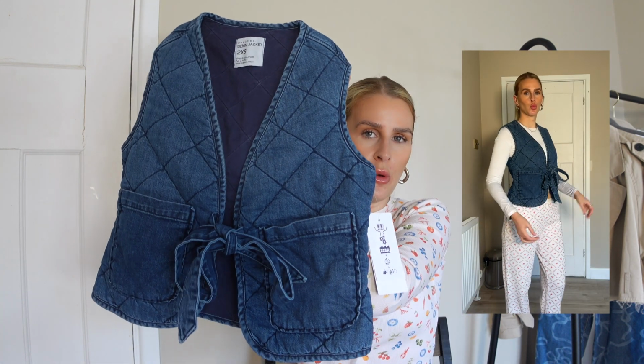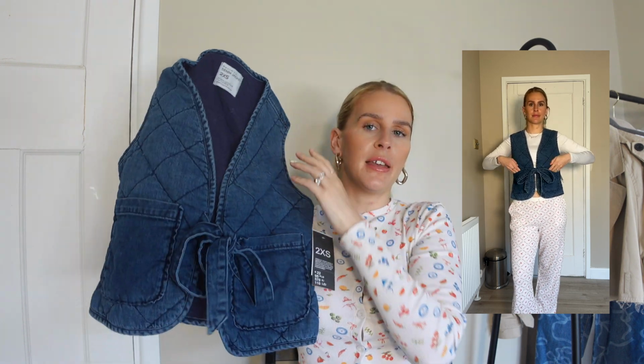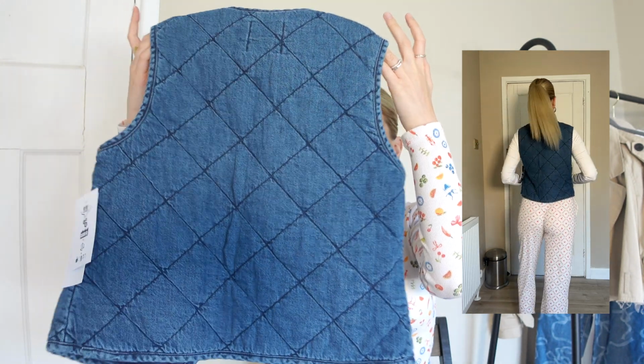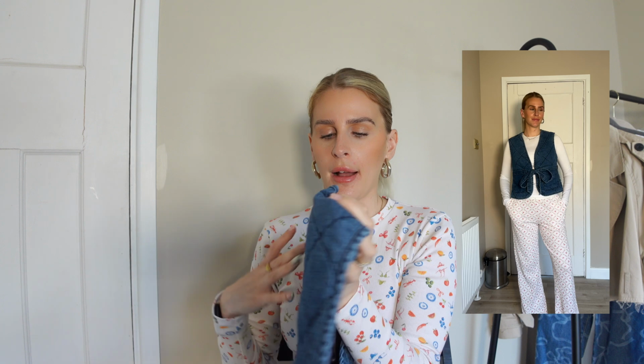This is so beautiful. It's very much like a casual everyday vibe, but then the bow in the middle just sort of like brings everything together. The back is just like a denim patchwork all across the back. Nothing really like special about the back. I got this in a 2x extra small. It is quite oversized, which is nice, but I just felt like the extra small was a lot bigger round